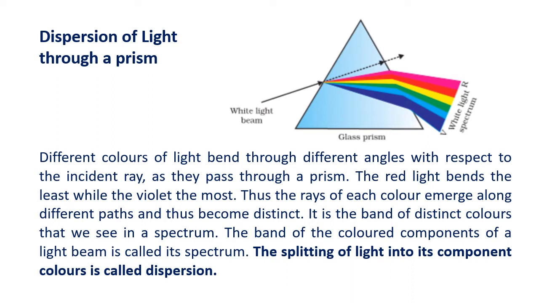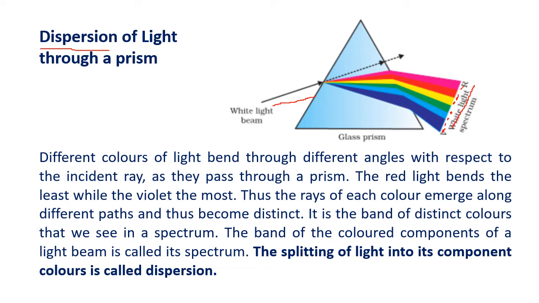So what is this dispersion of light? We'll check out the dispersion of light through a glass prism. Now what you can see in the picture is a ray of light, white ray of light. This white light is coming out from the other side in 7 different colors. So you can observe the white light is coming out in 7 different colors. This is violet, indigo, blue, green, yellow, orange and red.